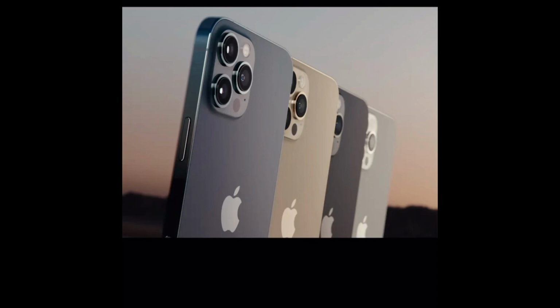So I wanted to give kind of a breakdown of the video of what to expect, what's coming, just kind of in a nutshell. Nothing too deep or too dug into or too detailed. Don't want to geek out on you too much, but just kind of a general knowledge about what the iPhone 12 is, what's the differences, some tips on the 5G network, and what we're going to be looking at, because there is a lot of changes that has come to the phone,